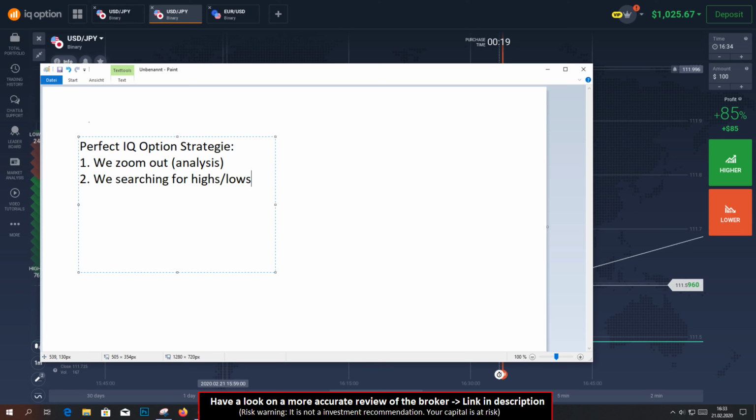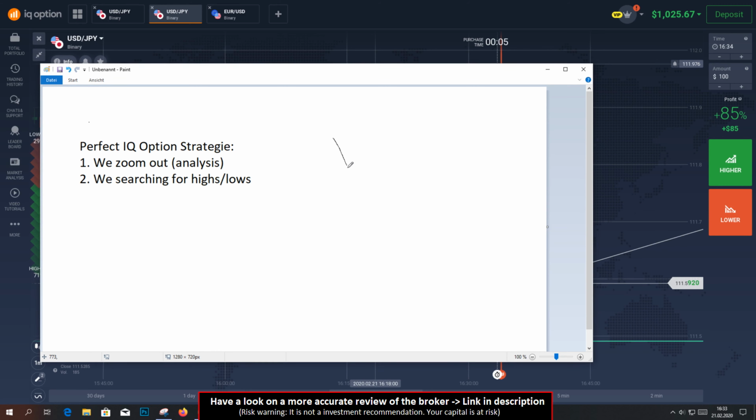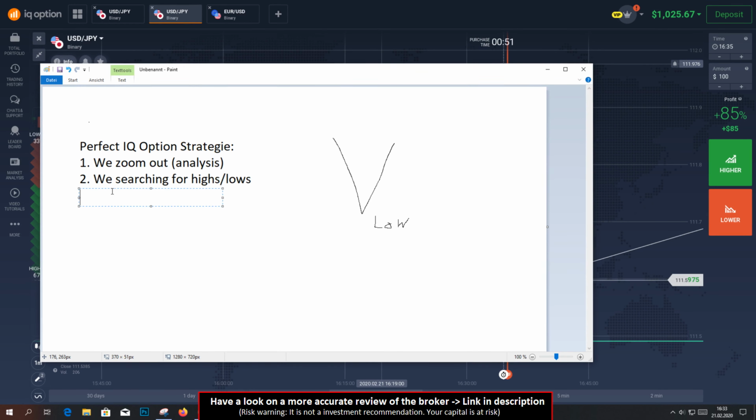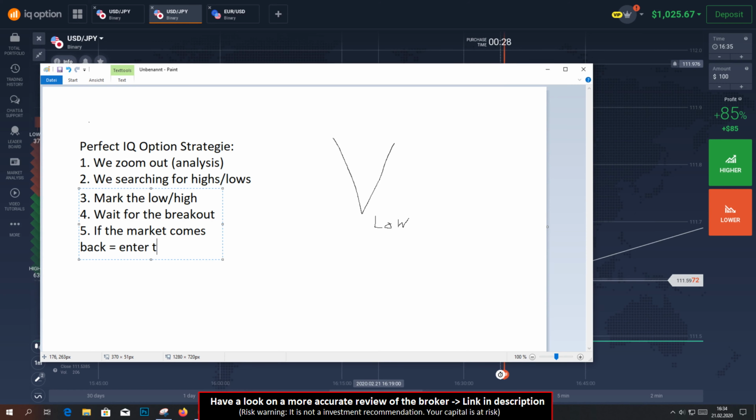Sometimes it works with other highs and lows, but it's very important that you are using the V shape. I will show you that. I mean, such as this low, for example. Okay, then third point, mark the low and high. Fourth, wait for the breakout. Fifth, if the market comes back, enter the trade right away. It's called a fake breakout. And this works perfectly with binary options, short-term trading, because